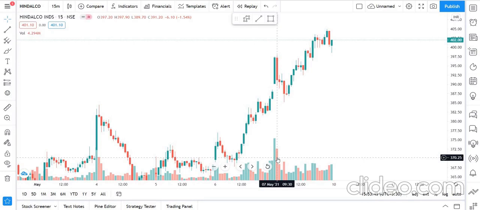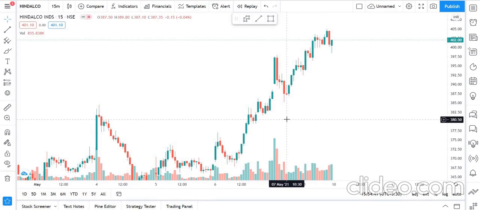Now the second part of the market starts I think at 10 o'clock, or you can say from 9:45 it starts and goes to 10:30. Here you can see that at 10:30 the market is volatile. A red candle, again a green candle, again a red candle, and then this red candle shows a big downfall. So volatility was there.